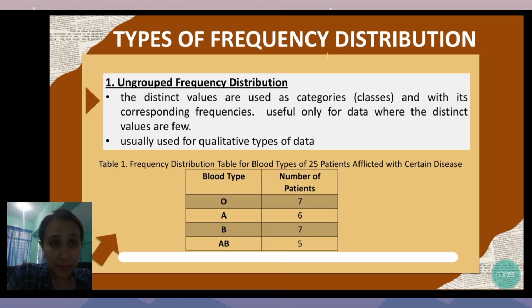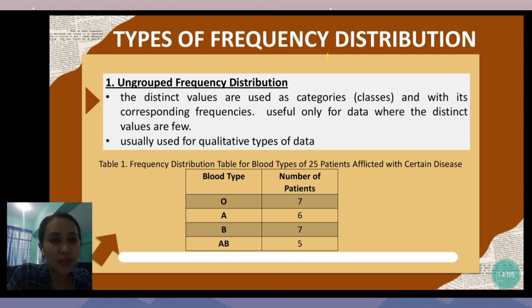So there are two types of frequency distribution table. The first one is ungrouped frequency distribution. The distinct values are used as categories, classes, with their corresponding frequency. It is useful only for data where the distinct values are few, and usually used for qualitative types of data. So for the ungrouped frequency, there is only one category or one class. So for example, for the blood type O,